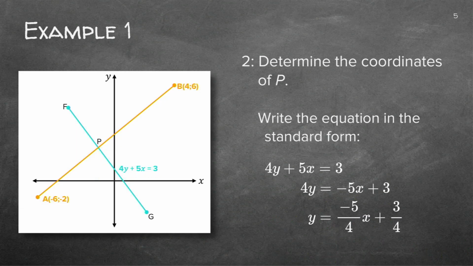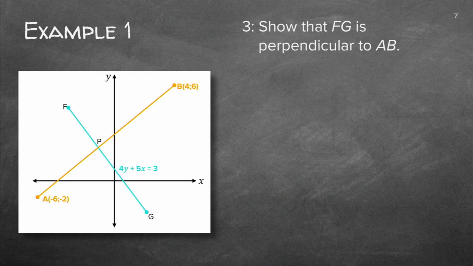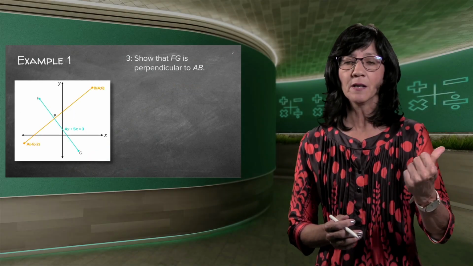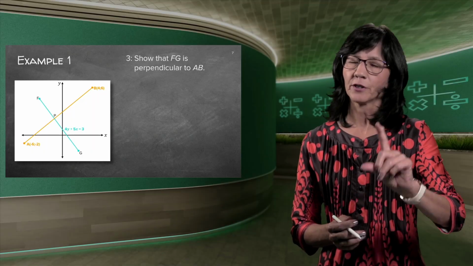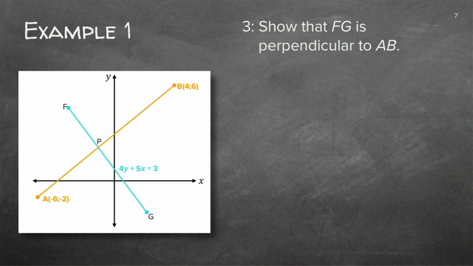After you've done that, as usual, you can go and check your answer. There, everything is written out neatly. Good. Next question. Show that FG is perpendicular to AB. So if they ask me to show that they are perpendicular, you remember in the previous lesson, whenever you read a word that you know a formula for, you write down the formula. What was the perpendicular formula? M1 times M2 is equal to minus 1.